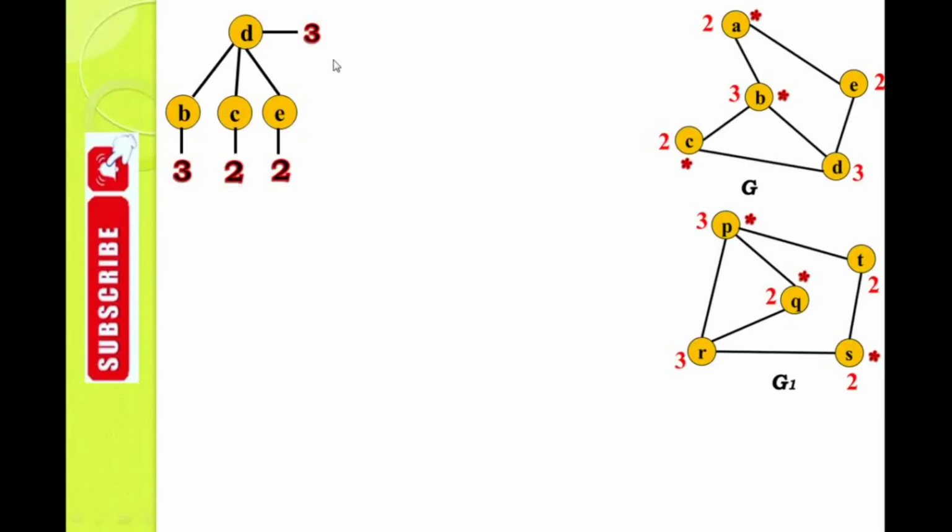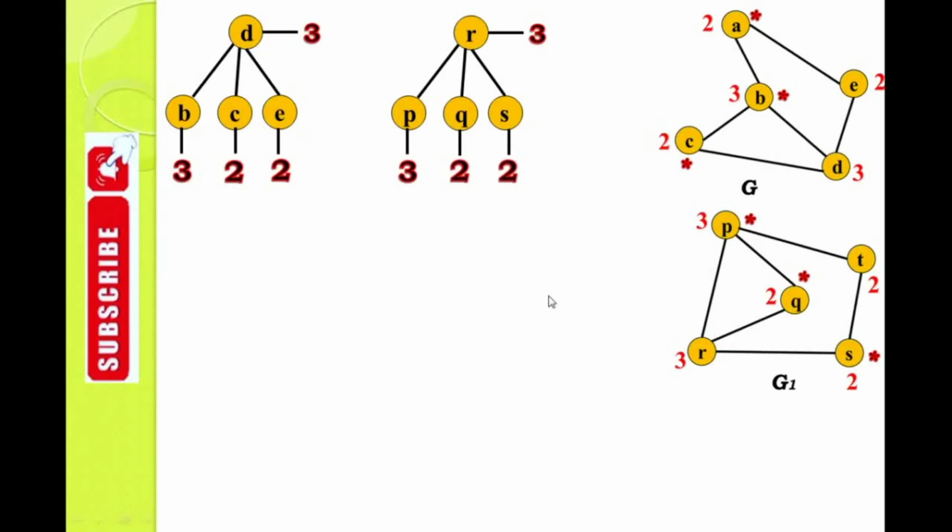That vertex must satisfy these conditions. So now I am going to choose the vertex R. Why? This vertex has degree 3, while this vertex has degree 2. So choose the vertex R in graph G1. It has degree 3, and there are 3 adjacent vertices of R: P, Q, and S. P has degree 3, Q has degree 2, S has degree 2. Therefore, D is related to R, which means